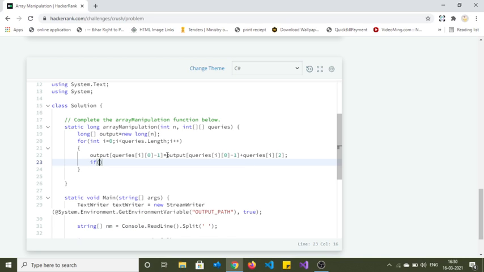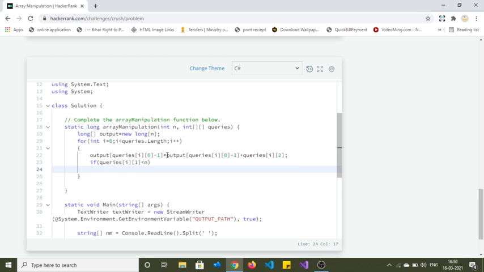Okay, we have to check if queries of i and 1, which is the last index till where we have to add the value, is less than n, then again we have to update the output.